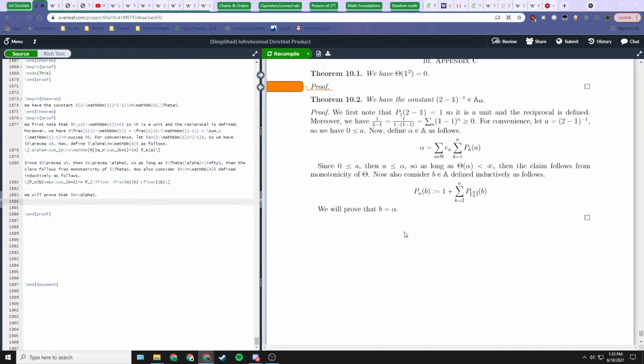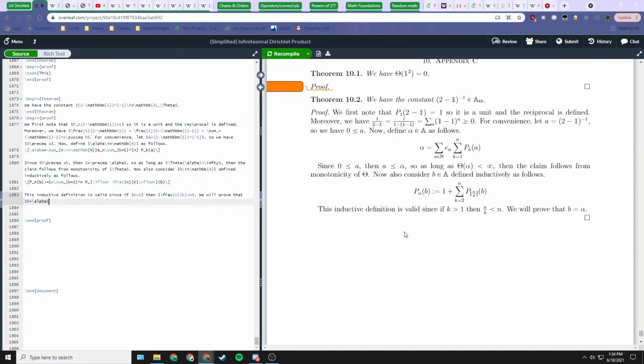So we'll make a note. This inductive definition is valid since if k is strictly greater than 1, then n over k is strictly less than n. Okay, we will prove that b equals alpha. So to prove that b equals alpha,